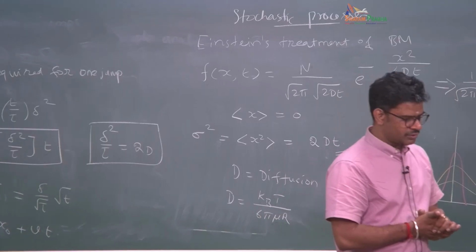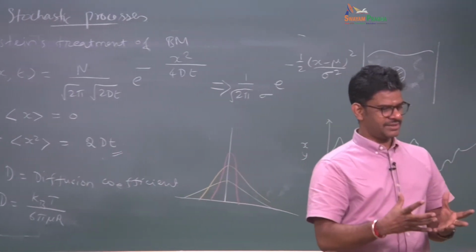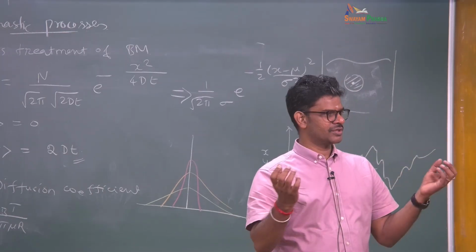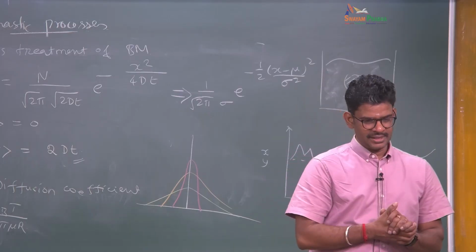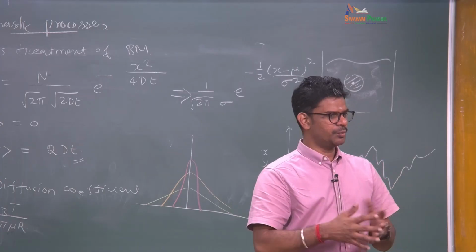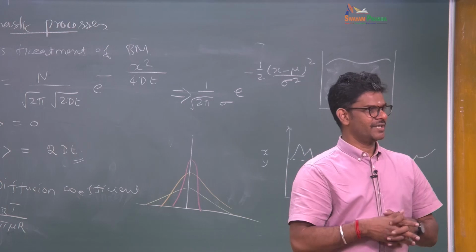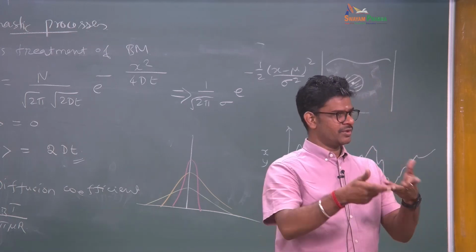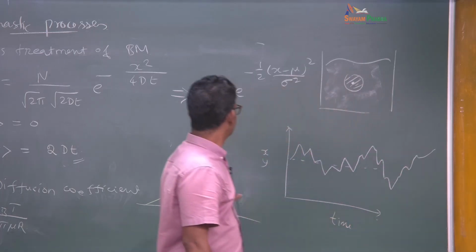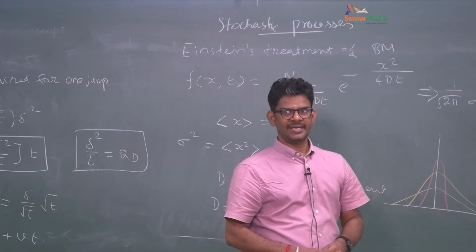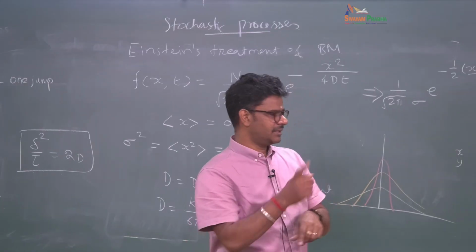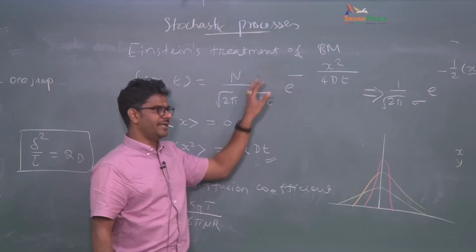Okay, let me give you some background. What he did was he tried to hypothesize what the molecules of the solvent are doing to the particle. He imagined that these molecules are bombarding this particle incessantly, and a large number of molecules are colliding at the same time, and that is very irregular. Then he predicted the statistical characteristic of that force. He said that maybe the mean force is 0, but the mean square force is not 0, and he put that detail in and derived this function. I will talk about Langevin dynamics in the next class, in which I will bring in these characteristics of the force acting on the particle. With that, we can probably understand how this Einstein derivation was done.